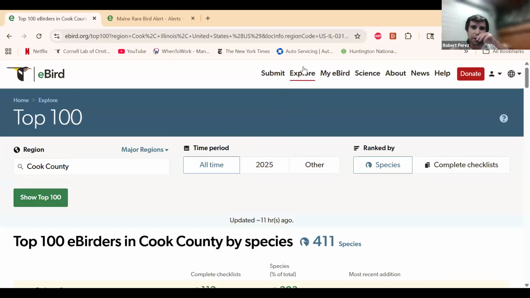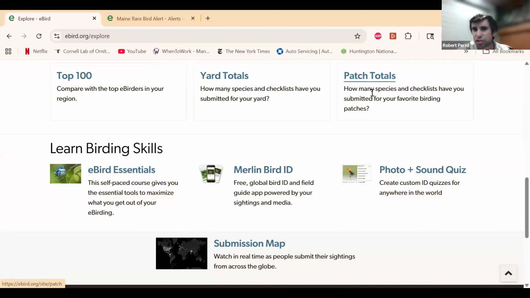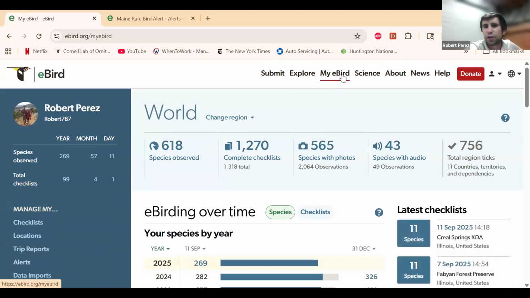So that's pretty much it with Explore. Again, there's a couple other things. Way down here, there's yard totals and patch totals and all that kind of stuff that you can explore on your own. But the next thing, and really the last thing that I'm going to focus on here, is My eBird. So this is where all of the data that you've compiled in eBird is stored. So I have seen for the world 618 species. I have submitted